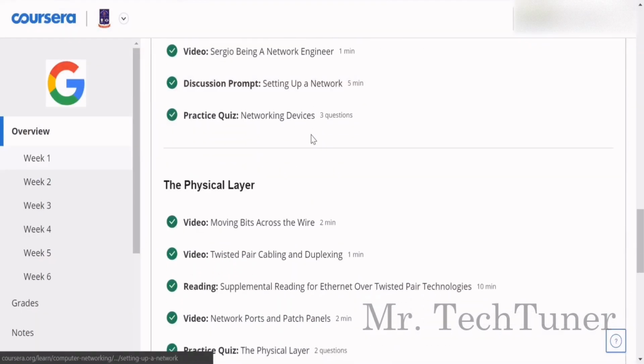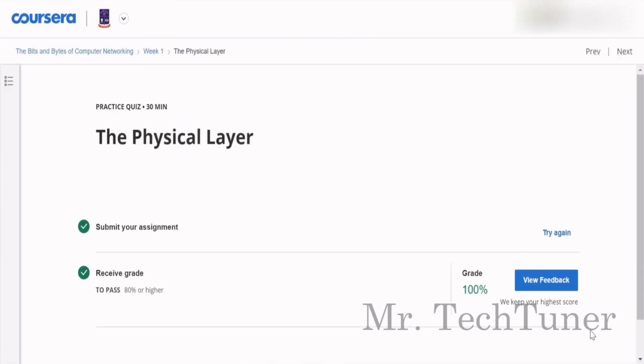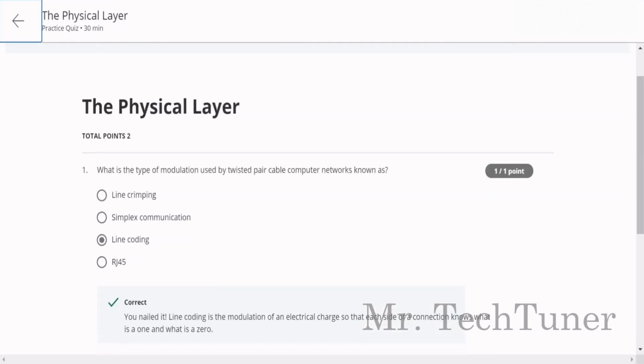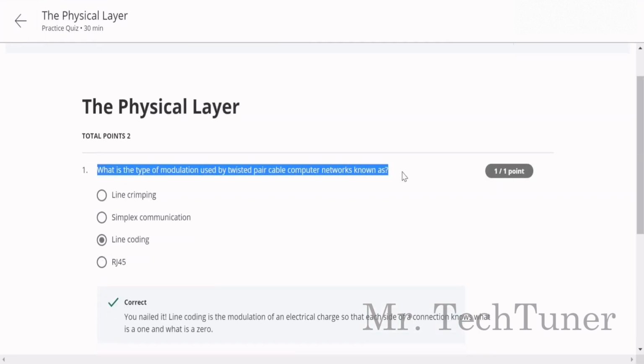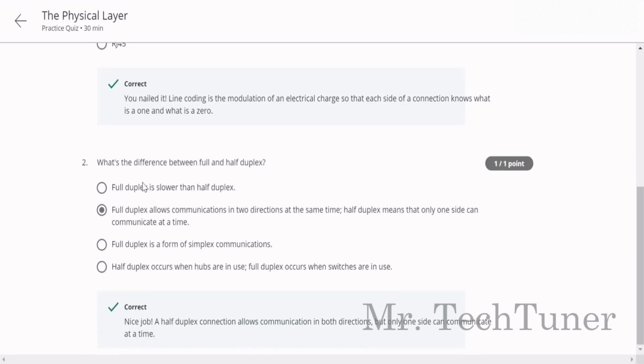Which is basically the physical layer. The first question of the physical layer: what is the type of modulation used by twisted pair cable in computer networks? They are known as line coding. Second question, what's the difference between full and half duplex?